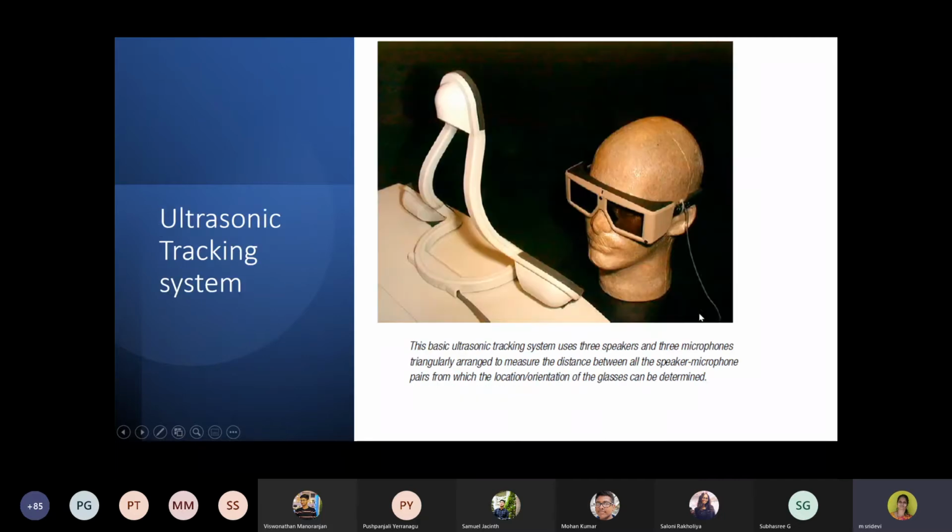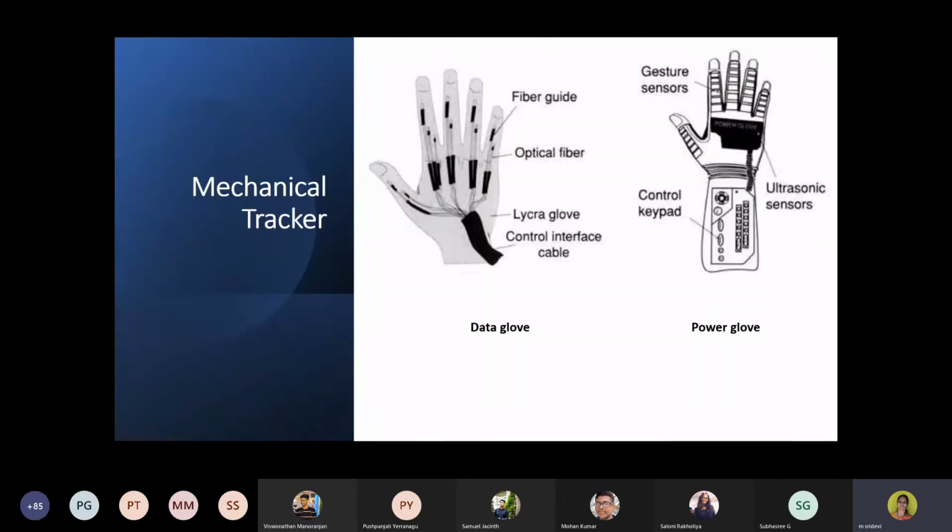And ultrasonic tracking, as I told you earlier, uses speakers and microphones. So based on the signal which is transmitted, it can track. Mechanical tracker uses some mechanical arms with sensors. Based on that, it can further perform the tracking.